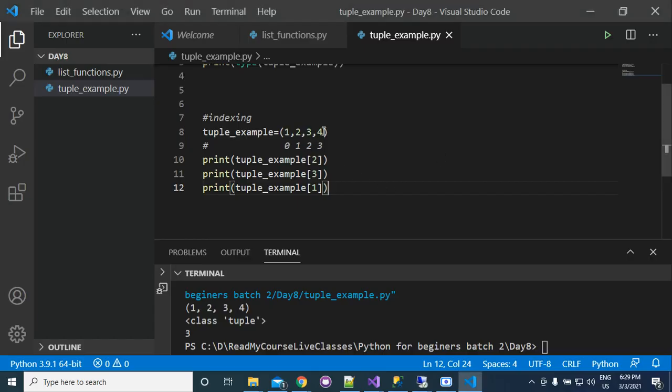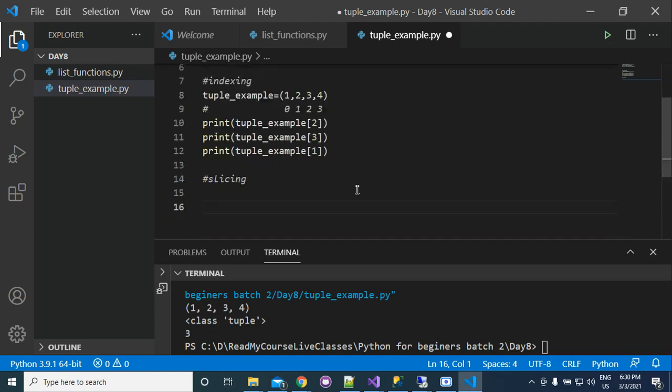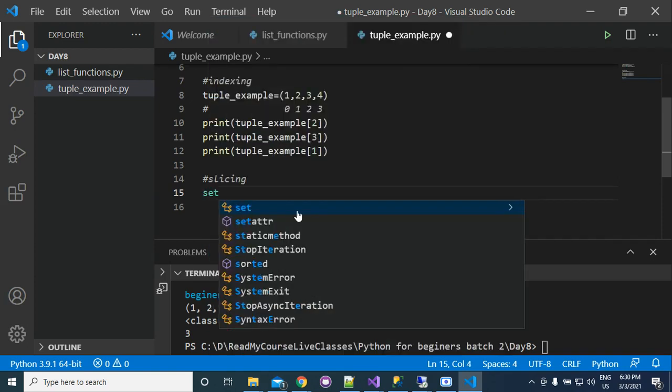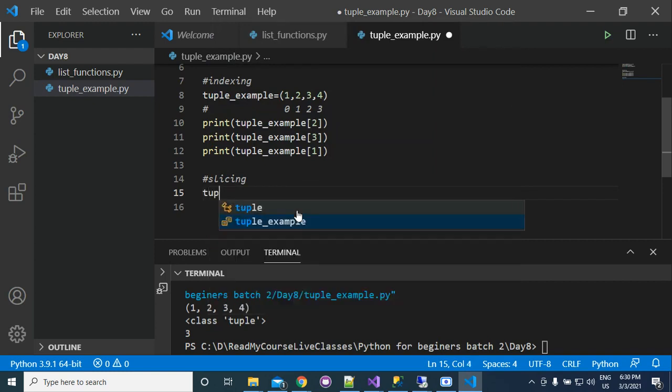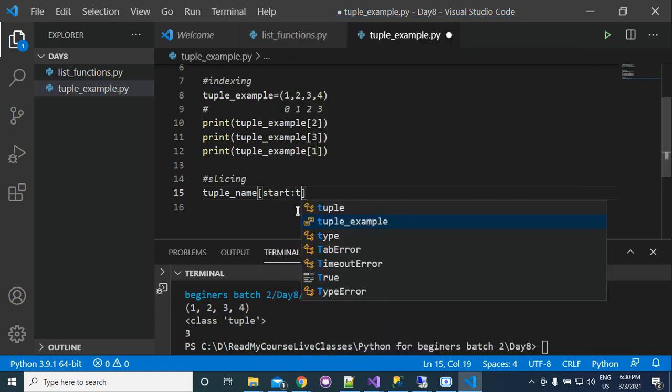That's correct, everyone. So this you will get 2. So this is indexing. Next will be slicing. Slicing will be again similar. So I told you how slicing works. Basically, you simply write here the list or set name, sorry, tuple name, and then you will pass here the start to stop value.